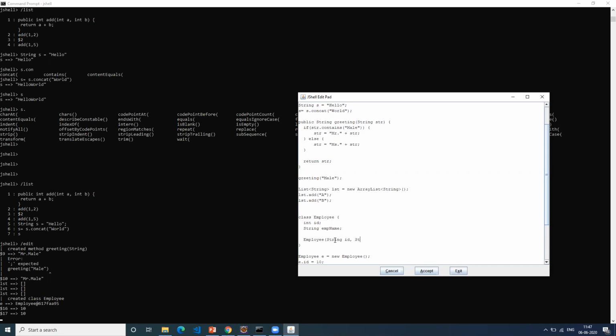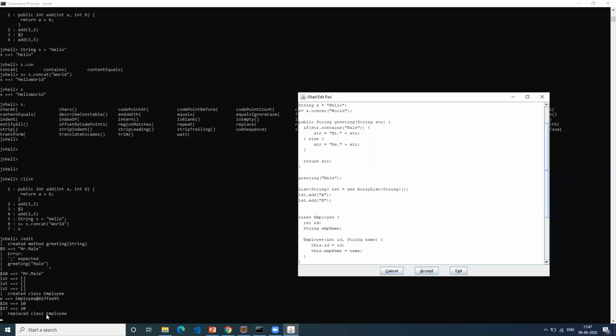ID, name, and this dot ID equal to ID, then this dot emp name equal to name. Correct? This is what we do, right? See, replace with class name. So class name got changed now.